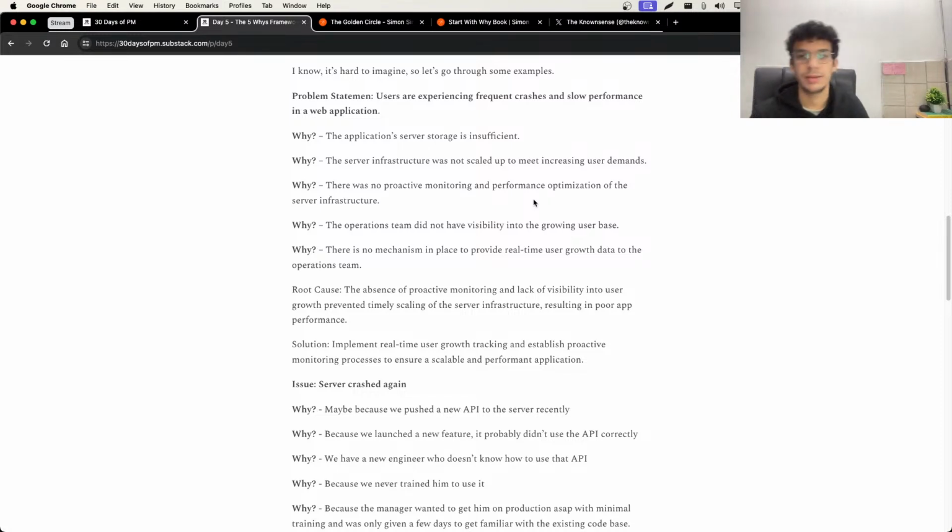So this is a very useful framework. It has to become natural after a certain point. It shouldn't really be a checklist item. It can be to begin with, while you're getting started, but it has to become second nature for you to always ask why as a PM, and it becomes part of the job very quickly as you start delivering features. But yeah, the 5 Whys is essentially for you to look at surface level problems, figure out their root causes, and then scale and go from there to make more progress.